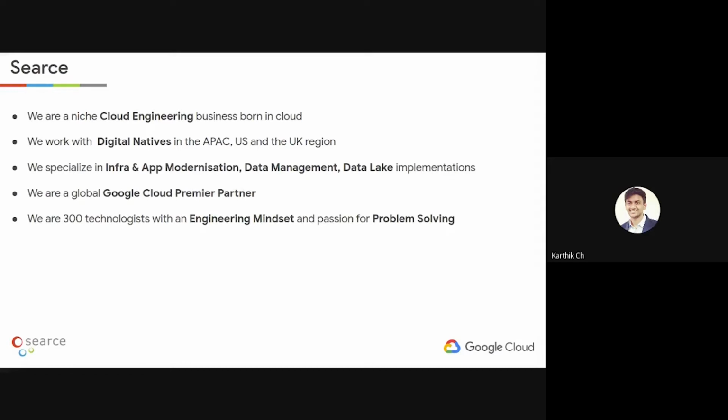We work with organizations in multiple geographies and specialize in infrastructure and application modernization, data management, and data engineering implementations. We are also a premier partner with Google Cloud and work very closely with them on a number of projects and customer engagements.